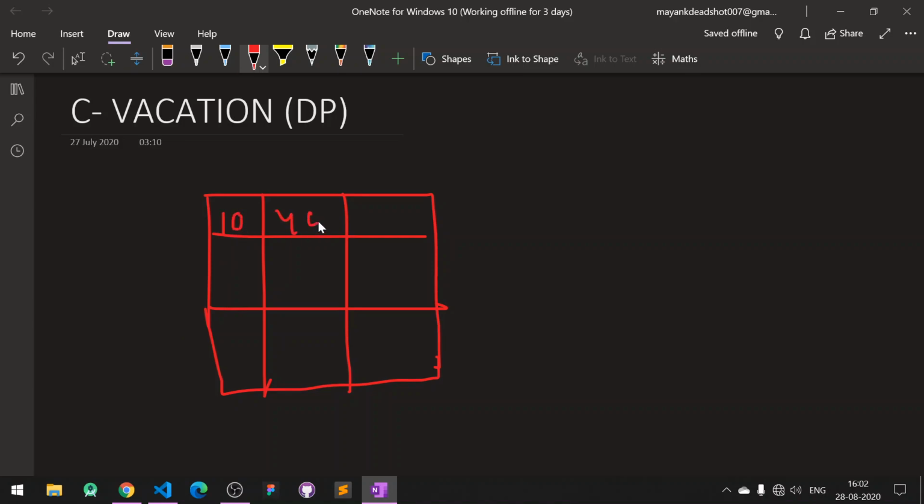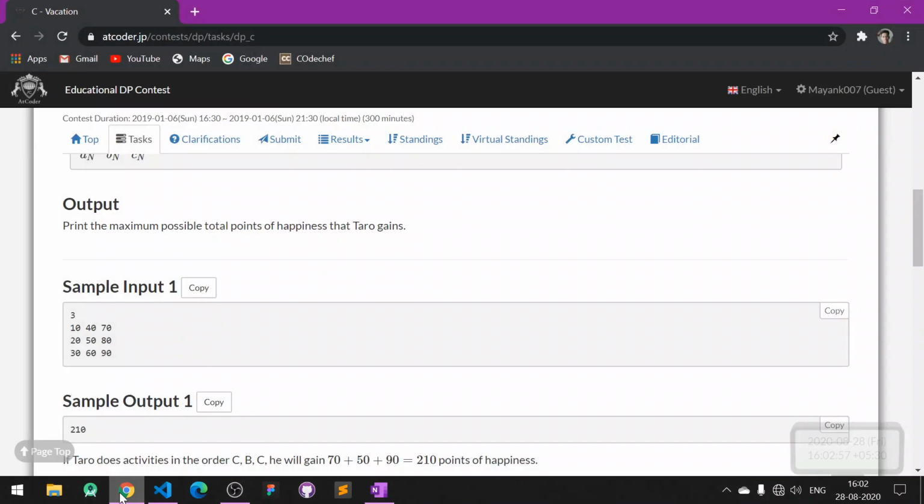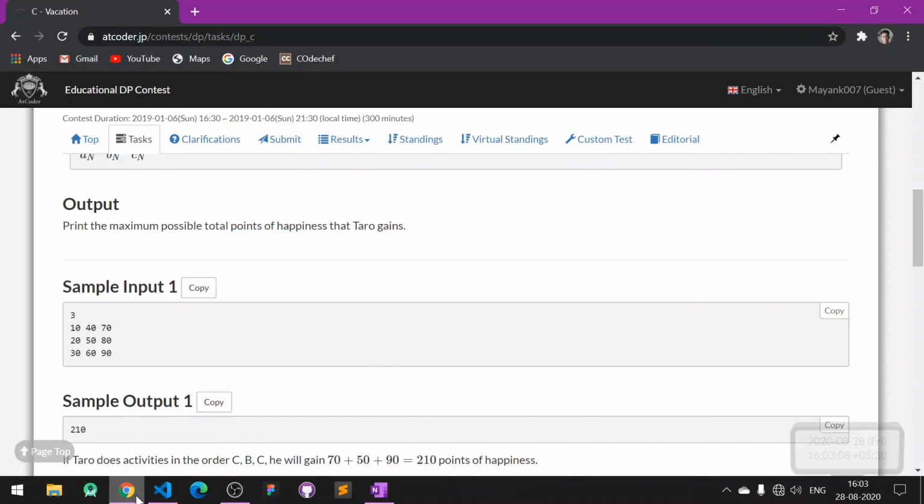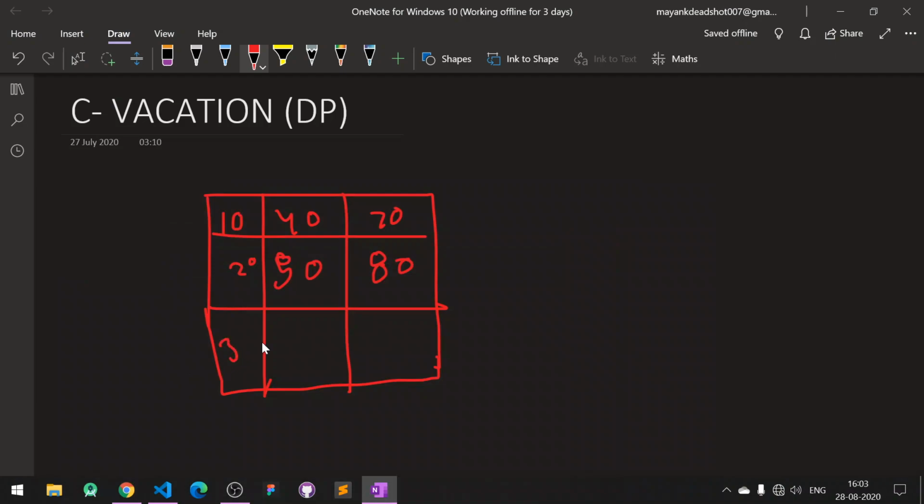The second is 20, 50 and 80. Then 30, 60 and 90. So this is our DP matrix.